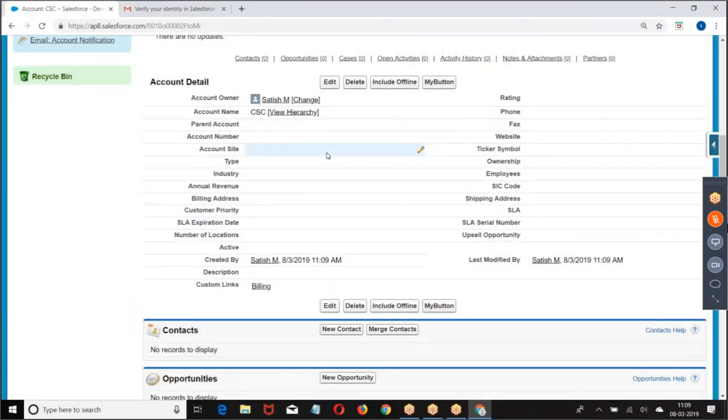My requirement is, when I click on save, it has to verify whether there are any duplicate records available in the table with the same name. If a duplicate record is available, throw an error message. If there is no duplicate record available, then save the record. This is my requirement. But what is happening here? When I click on save, the record is directly getting saved. That is not my requirement. When I click on save, it has to verify whether there are any duplicate records with the same name. When there are duplicate records, throw an error message.